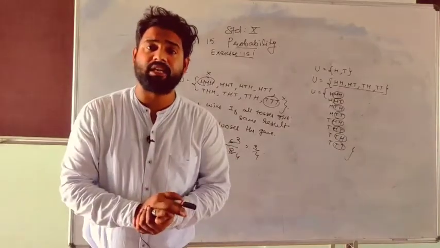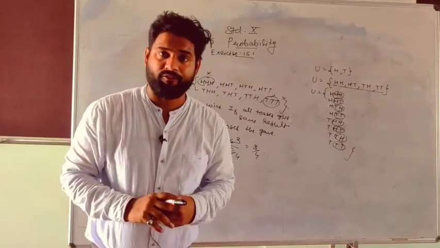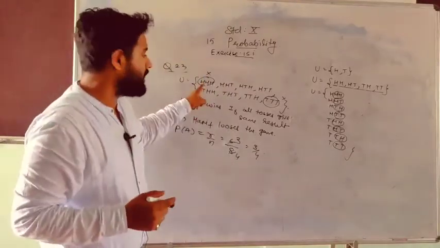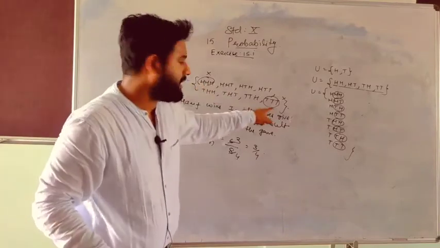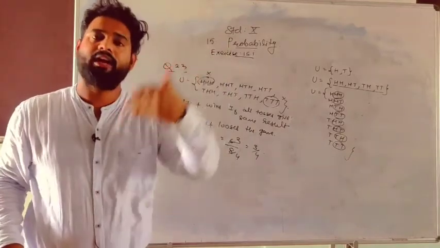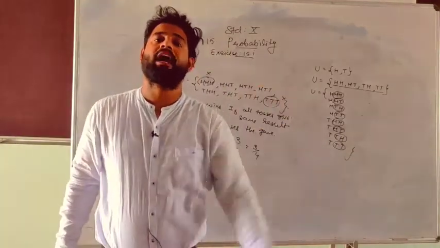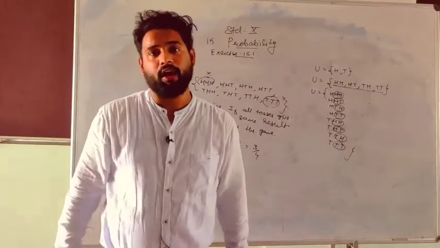What if the question is to find the probability of winning the game for Hanif? When is he going to win? When all the outcomes are identical, that is triple H or triple T. So there are a total of 2 outcomes. So 2 upon 8, which means 1 by 4. 1 by 4 is the probability of winning the game for Hanif.